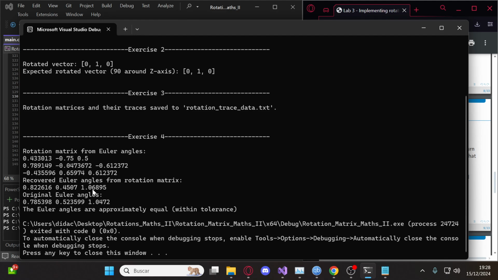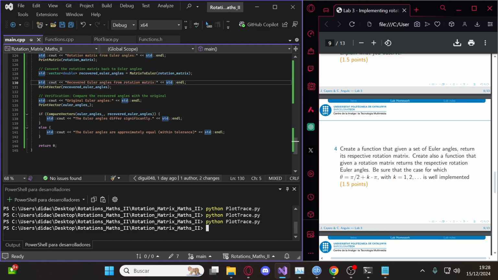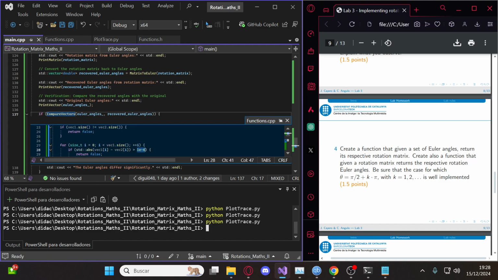With this tolerance we made, it says that it's right, and that would be this exercise. We compare the vectors, and here we make it by the tolerance that is in this function, that is here, this tolerance. All right,